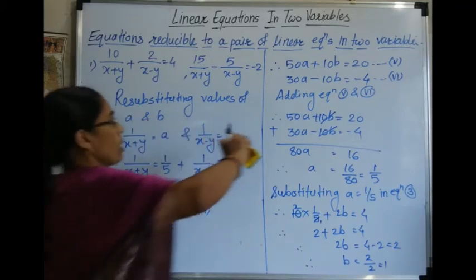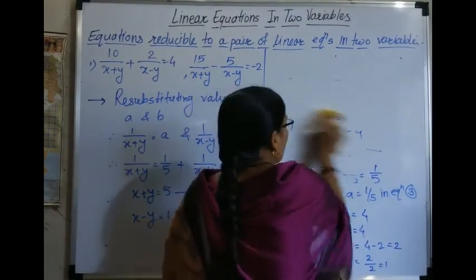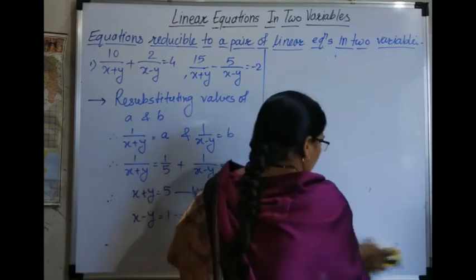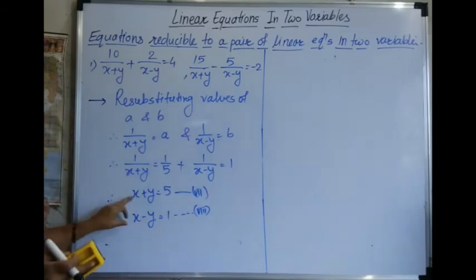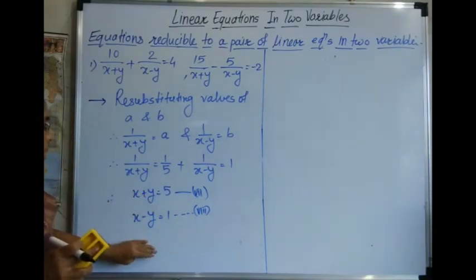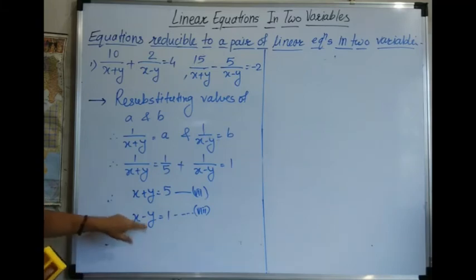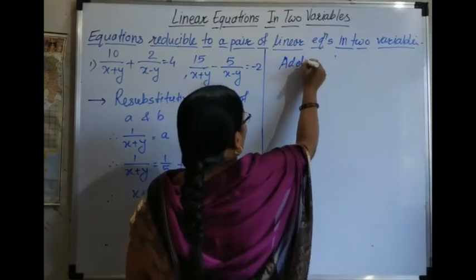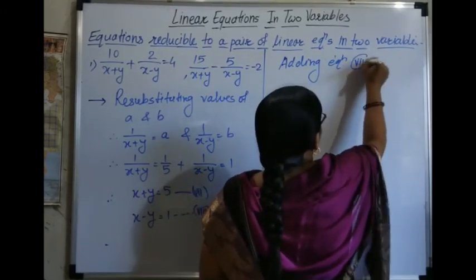Again we have to solve these equations. Now these equations we got here in the standard or general form of linear equation, and then we have to find the values of x and y, which is the solution of the equation. So here already their coefficients are same. In these both equations, coefficient of x term is same and the coefficient of y term is also same. But here the coefficient of x terms are positive, and here one number is positive and one number is negative. When their signs are different, we have to add. Therefore, adding equation 7 and 8,